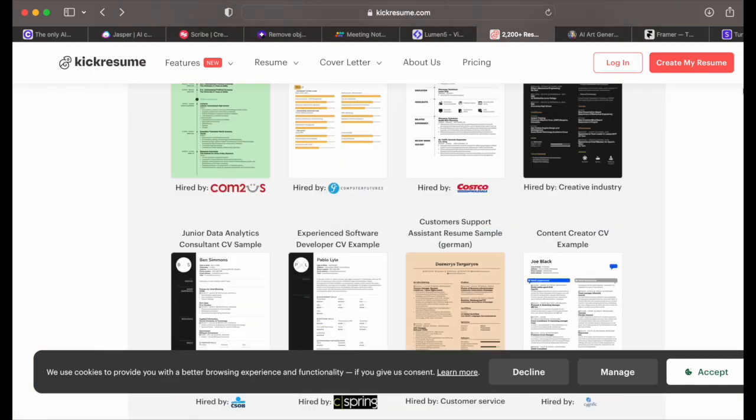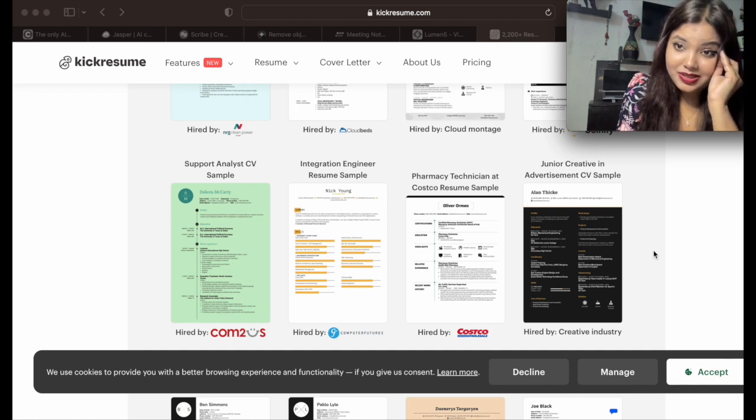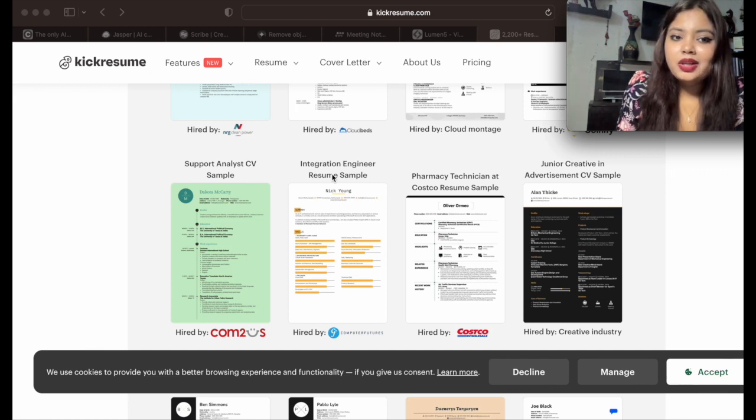volunteering. And I can say that this is the one application where all types of templates are available, because this is dedicated to the resume. Because I have seen many applications, but I've never seen one where such detailed classification is present, where resume templates of all domains are available.